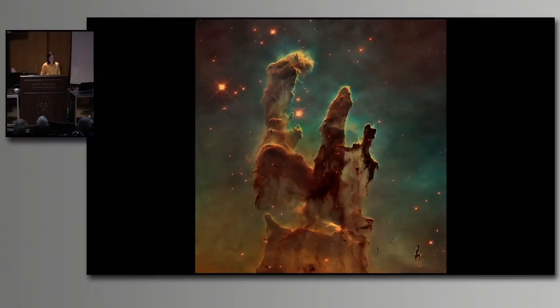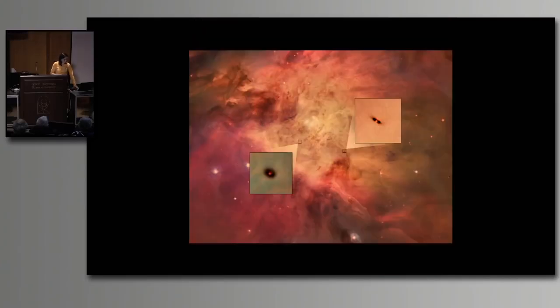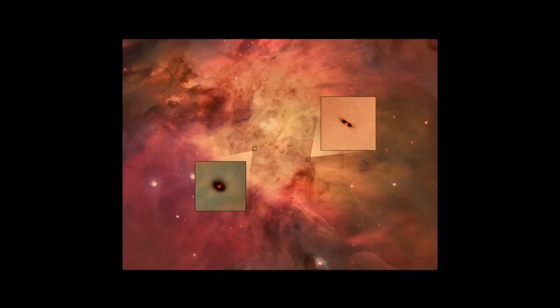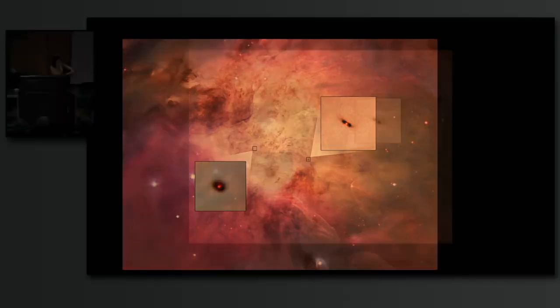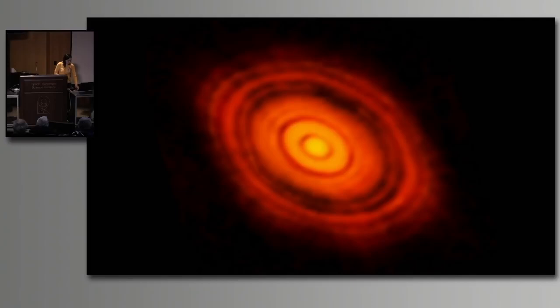So here you have real images that capture how stars and planets form. This is an image of the clouds of gas and dust where the planets and the stars are born. This is, of course, taken with Hubble. This is another image taken with Hubble of the protostars and their disks where the planets will be born, seen here in silhouette. So here you have the disk, and here you have the newborn star, and here you see it more face on. Here you see it edge on.